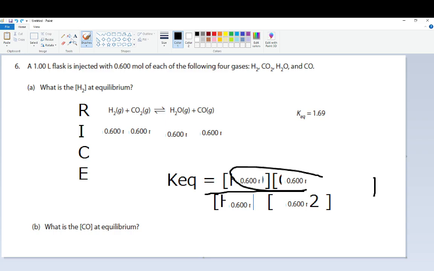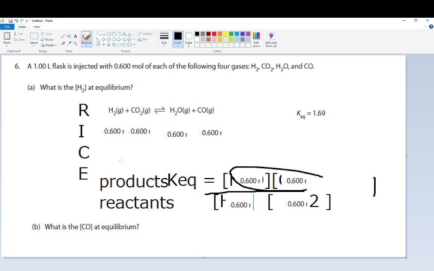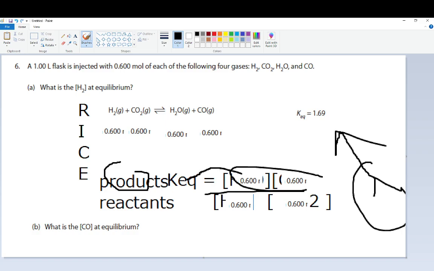Well, that ultimately comes down to what KEQ is overall. It's products divided by reactants. And for my KEQ to go up, my numerator would have to go up and my denominator would have to go down. For KEQ to go down, my numerator would have to go down and my denominator would have to go up. That's how all fractions work. We can see that this 1 has to go up, which means this number has to get bigger. For it to get bigger, the products must get bigger and the reactants must get smaller, which means in my